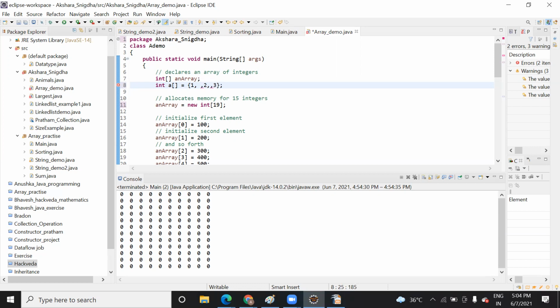Still, it will give an error, right? So after 2, a comma is added, and still it's giving a syntax error on a token. Delete this token. If it is read at compile time, then you can't assign it like that. Yeah, okay.